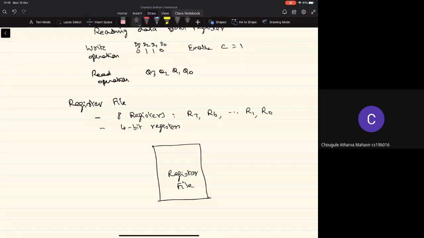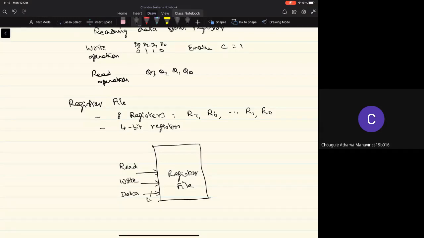Now, what are the operations that I want to do here? I want to perform either the read operation or the write operation on one of these registers, right? So let's say we have 2 control signals, read control signal and write control signal. Okay. And if it is the write control signal, I have to say what is the data that we are going to write into one of these registers, right?